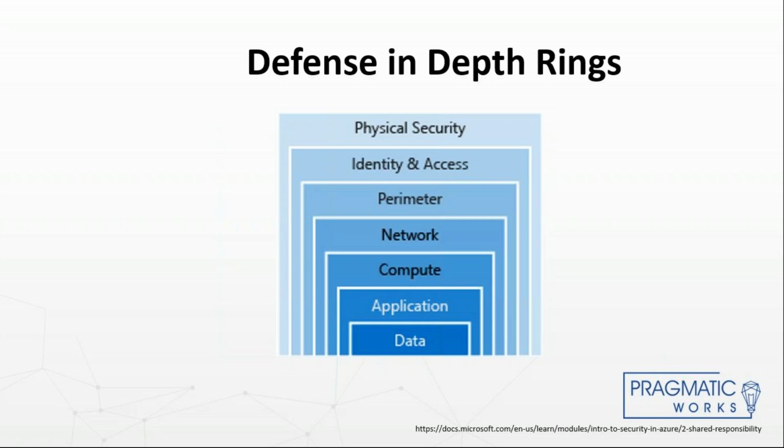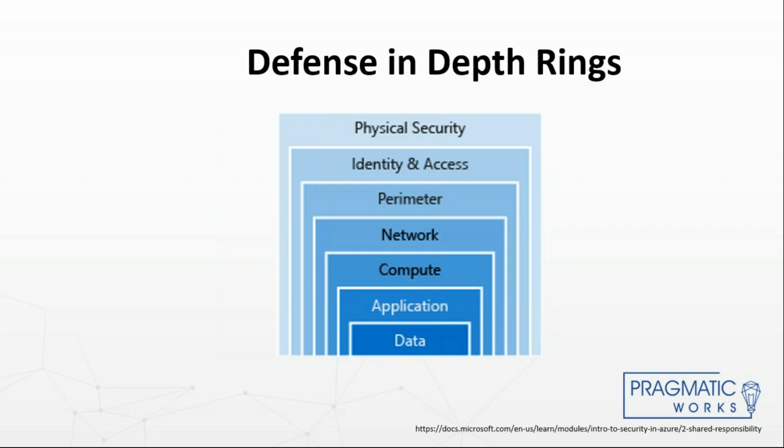On top of those security people, there are also concerns for physical security. You've got to make sure that nobody can get into where your hardware is. We have identity and access. We have to make sure that only people who are authorized can get into the data or the systems that they need. We need to make sure that our perimeter is well defined and protected, so that we're using things like firewalls to look for malicious attacks against the network. At the network layer, we want to make sure that we're limiting connectivity across the resources.